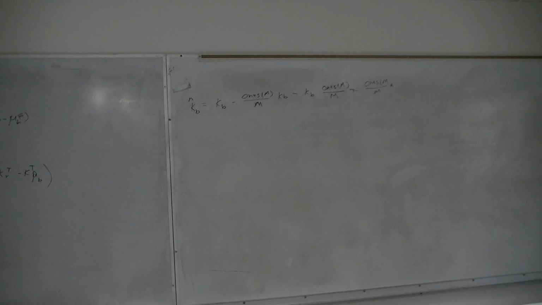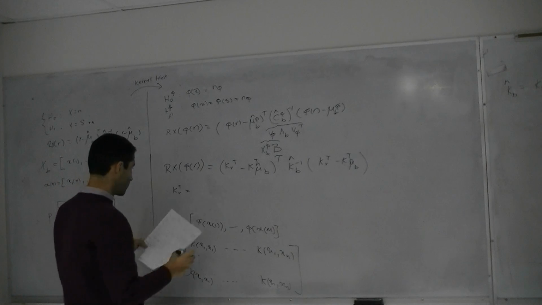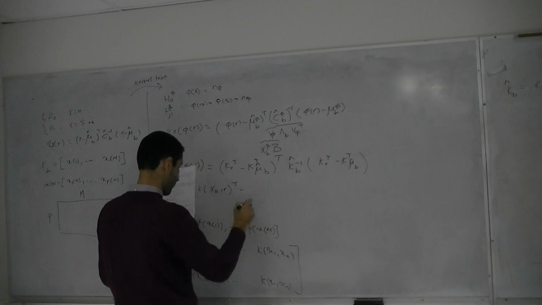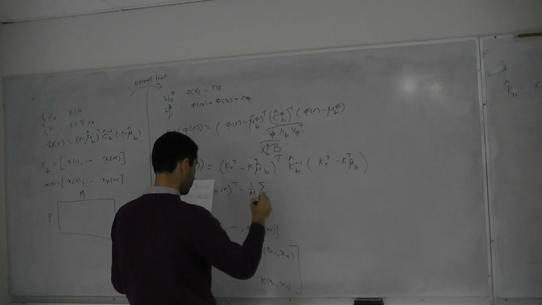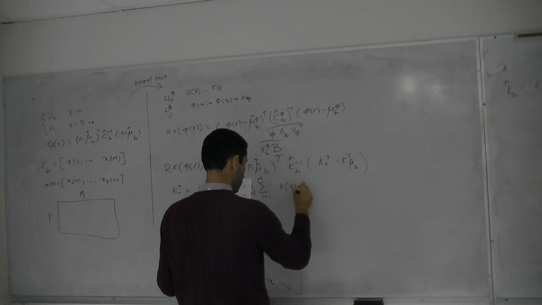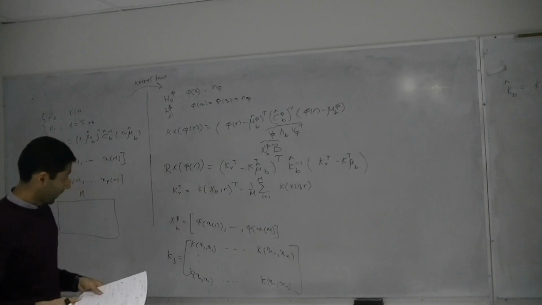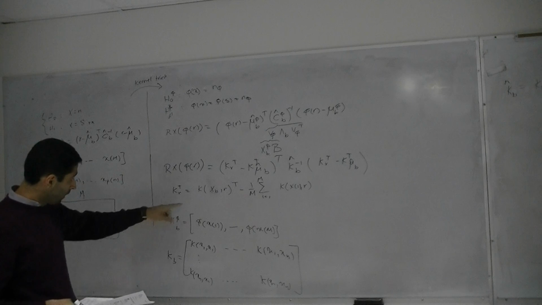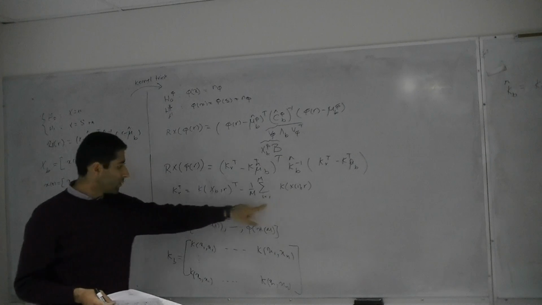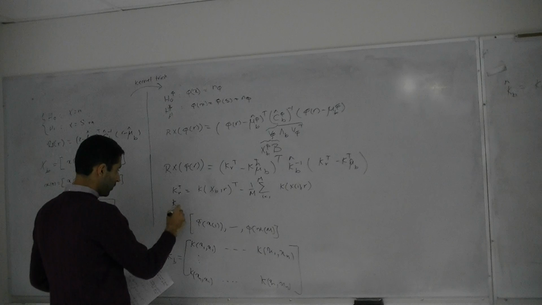KR T is equal to, okay, this one is one row or column of this matrix minus the mean value of that column. It's created KRT, and we have K mu V